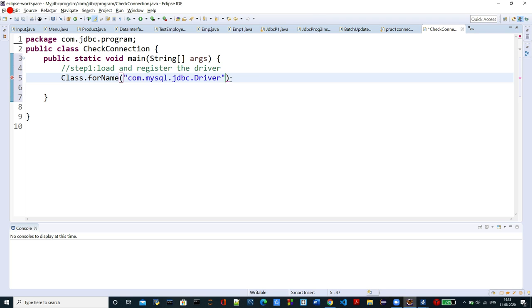This is the driver for MySQL. This Class.forName will throw an exception, that is ClassNotFoundException. So I need to include that. I will throw the declaration.